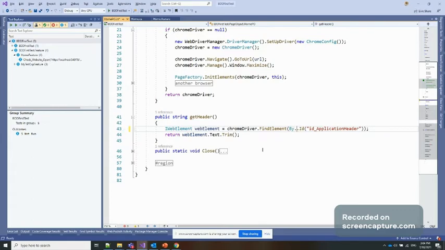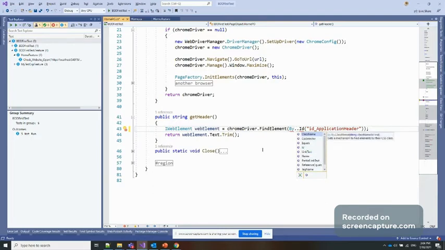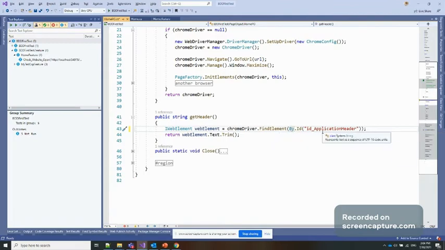There are other ways also: By dot XPath, TagName, Name, LinkText, CssSelector, ClassName. This way we can also identify this element, but right now we are identifying it with the ID. We'll cover the CSS selector and the class name at a later point.